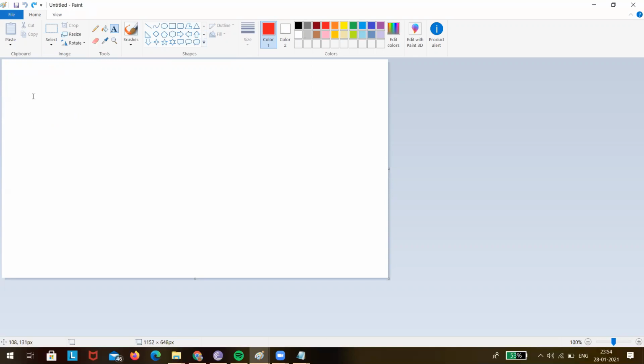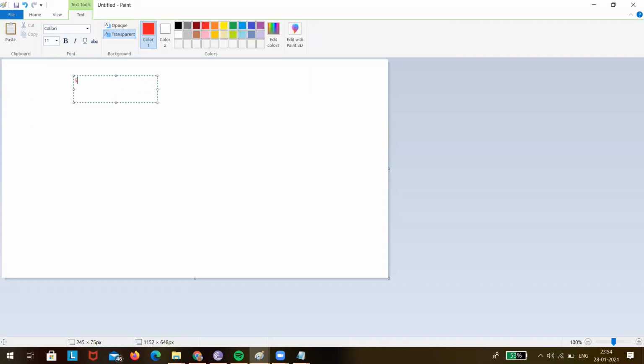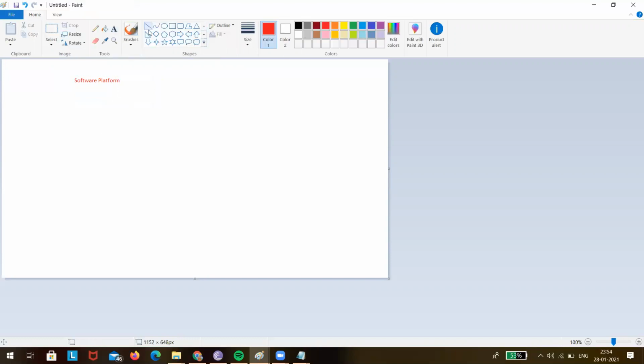So let us take the software platform separately. Very good. So now the software platform I'm dividing into two types. One is the OS and another will be the browser.